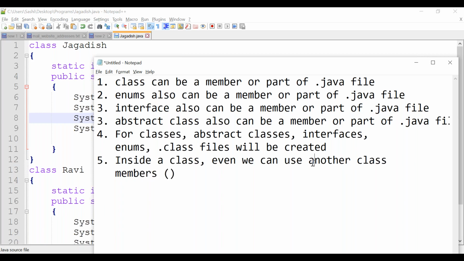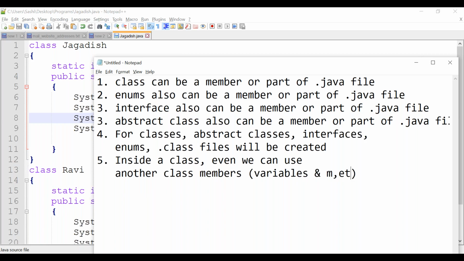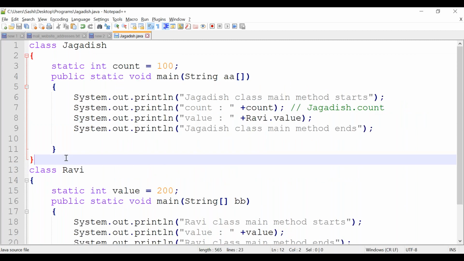Members means it's very simple: either it can be a variable or it can be methods. Variables and methods, correct? Now we have declared only one variable, and that variable we have tried to use in another class. I hope this makes it very clear.